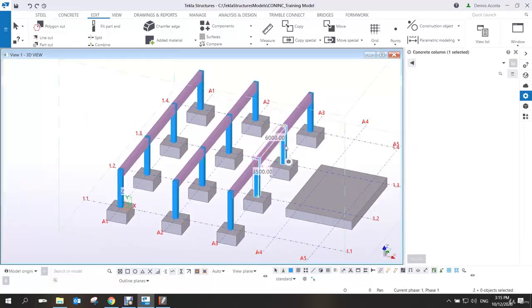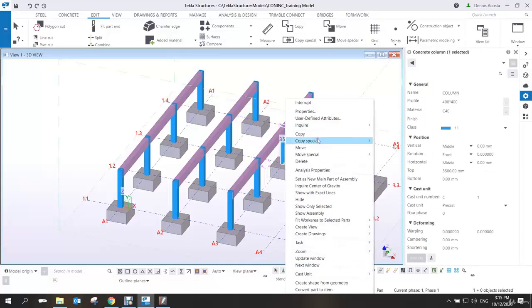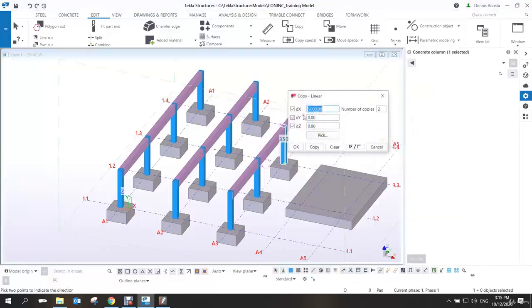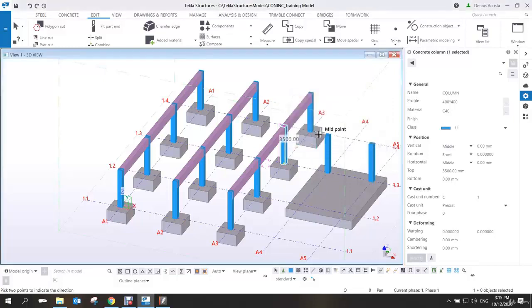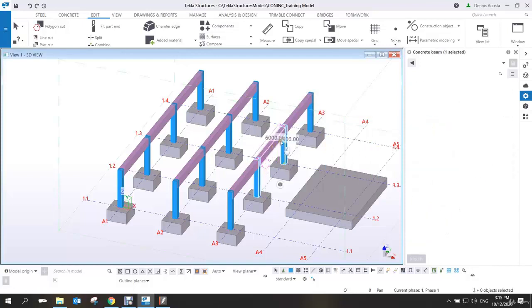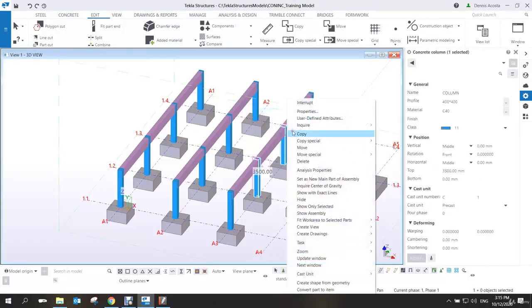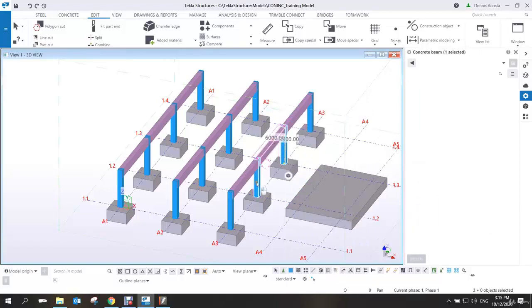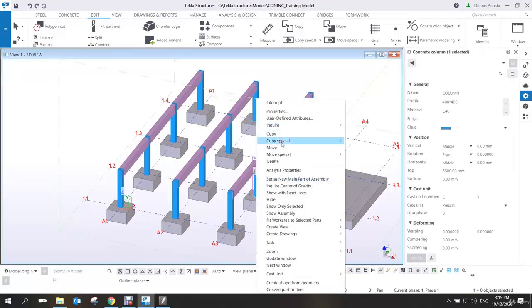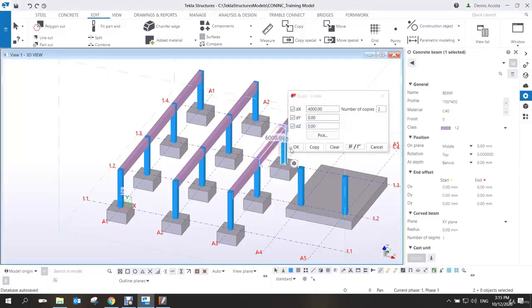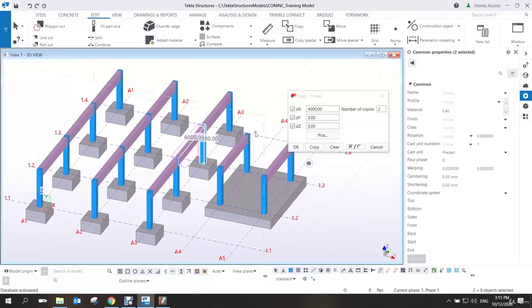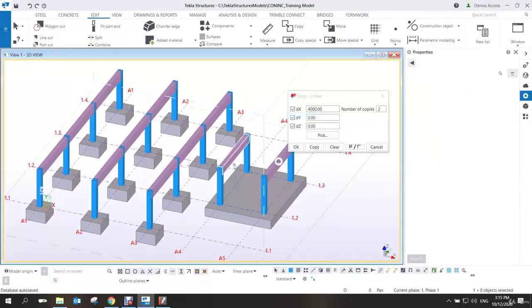these 3, I can use now the again copy special linear. This time it is 4 meters, and then copy. Sorry. This 3, and then copy. Copy, special, linear. Same thing, but per meter. Why? I cannot, okay, maybe. There you go. Okay, but